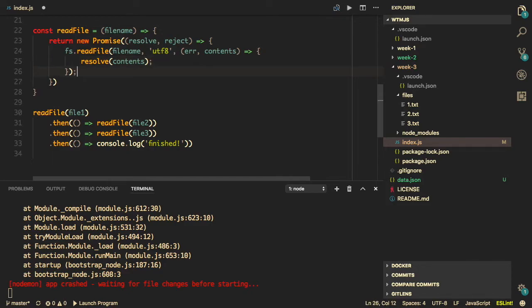So let's not forget the semicolons. So again, readFile is a function that takes a file name and returns a promise. It promises me that sometime in the future it will resolve my promise with some contents. Okay,